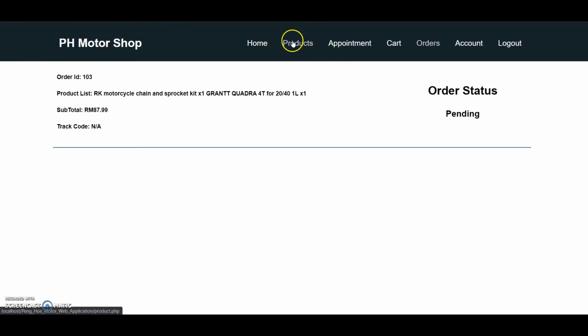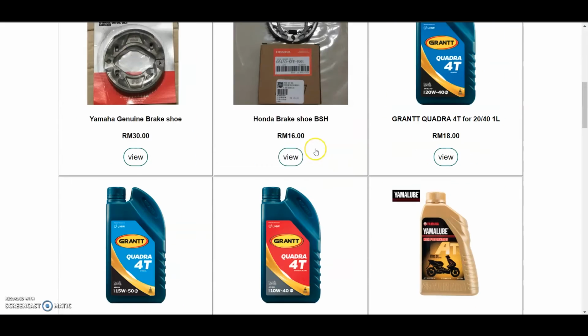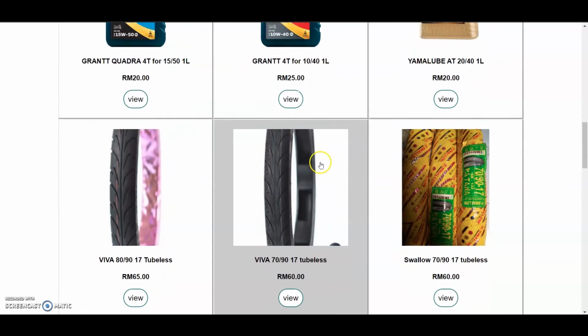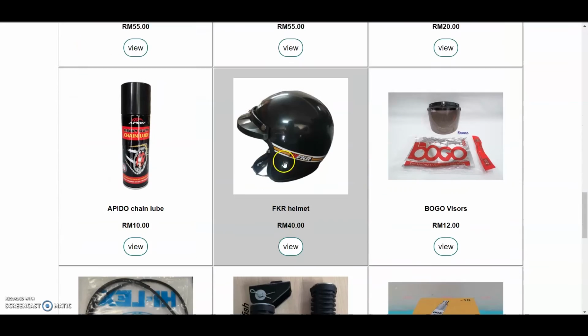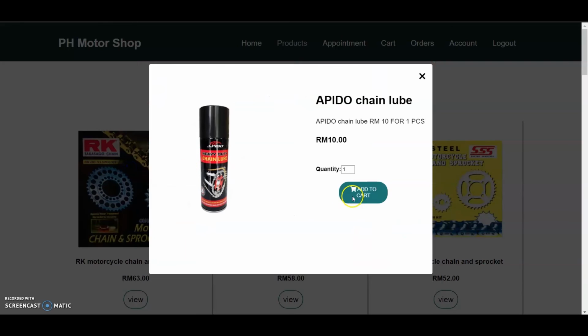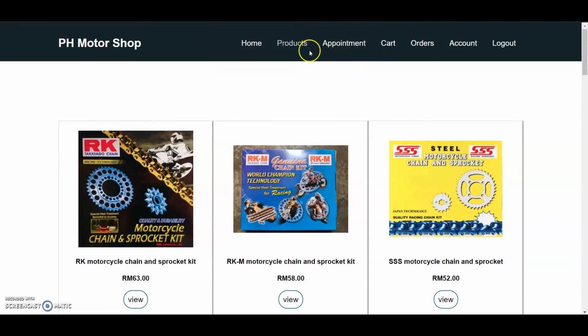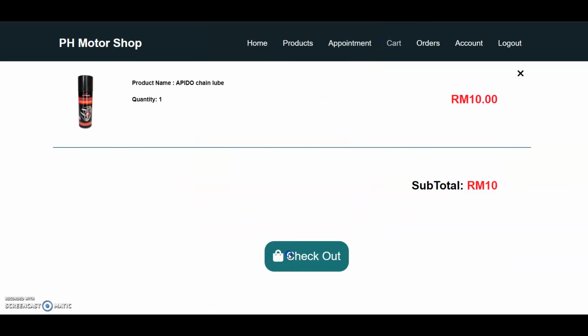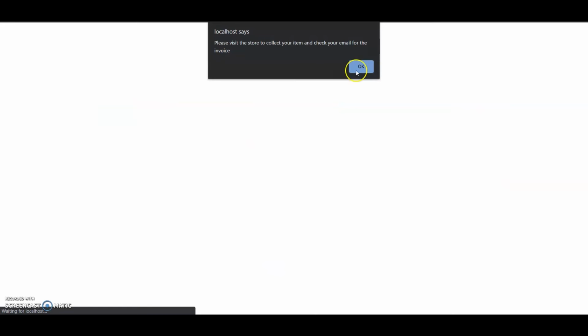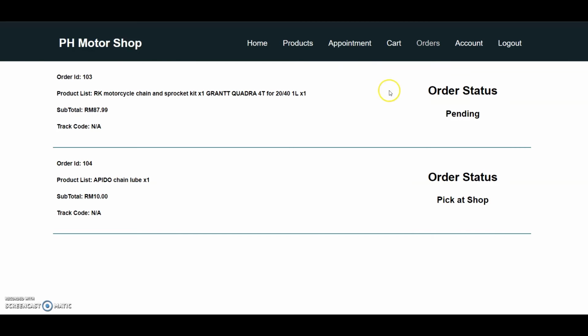Now if the customer wants to pick up at the shop, it's the same thing. The customer can add whatever they want to the cart, then proceed to checkout, then just proceed with shop pickup. The website will tell the customer to please visit the store to collect your item and check the email for the invoice. Same thing,